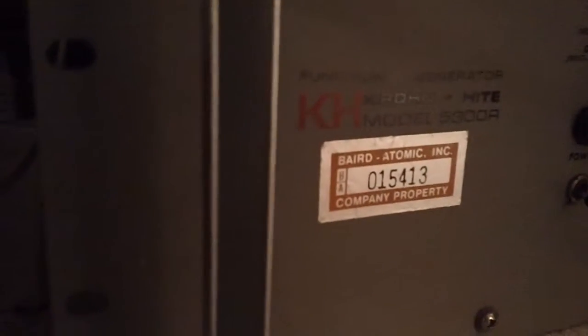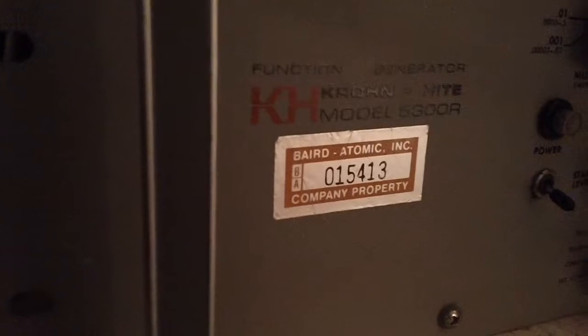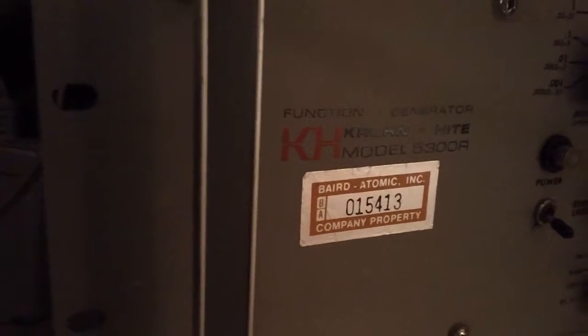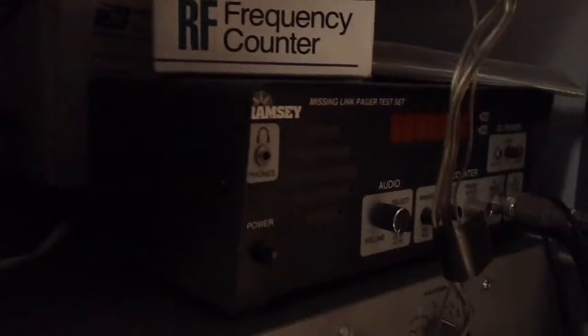This is a lab quality sweep generator, actually. I didn't pay a heck of a lot for it, and it was used, and I think I did a video on this, but I don't know if I ever posted it. It was used by Bard Atomic Company, so it was an actual commercially used generator at one time. That is my signal, it's called a page tester, but it's actually an audio signal tracer as well as a frequency counter. Of course, my scope, which I've done a video on, the old Heathkit one, which works, and my old